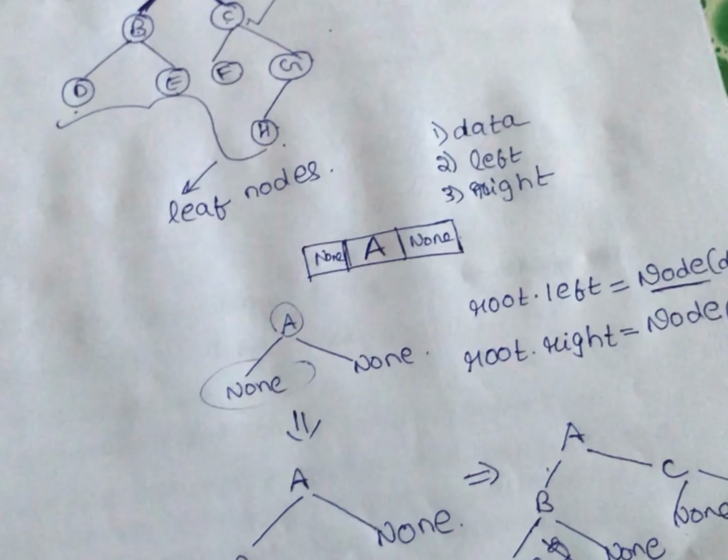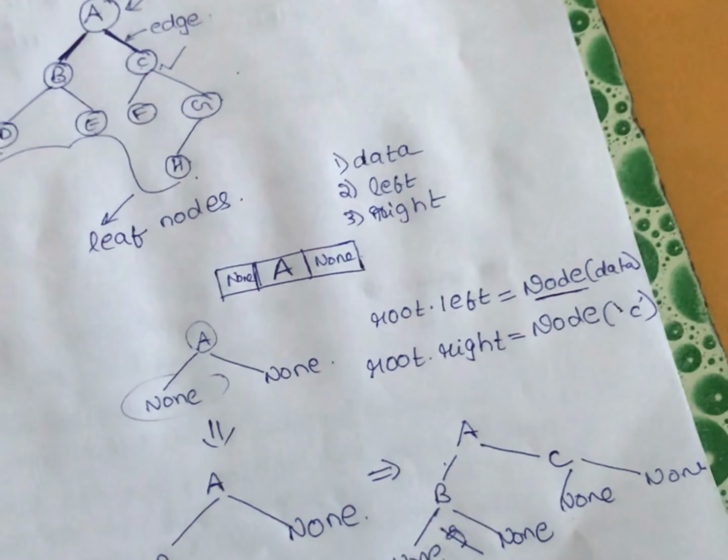So in this way, let us implement in Python. Here first we can implement the class called node, which contains the data part, the left node part and the right node part. So it would be class node and this function. Self dot data is the value of the node, and the left initially we assume to be none. Similarly the right we assume to be none. It's for the time being, and later we will change this value.